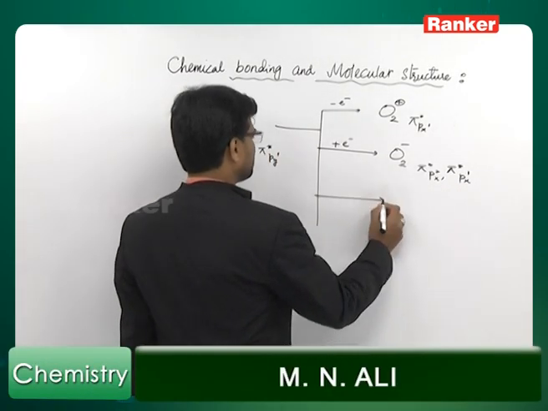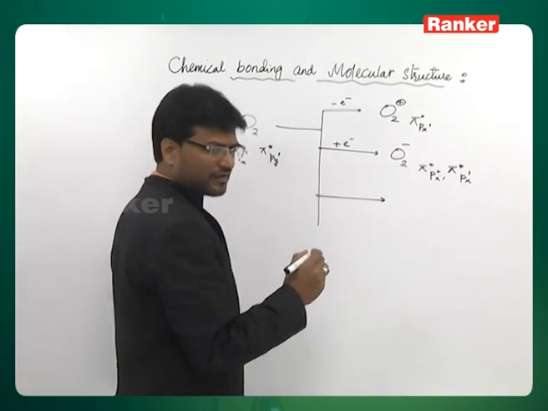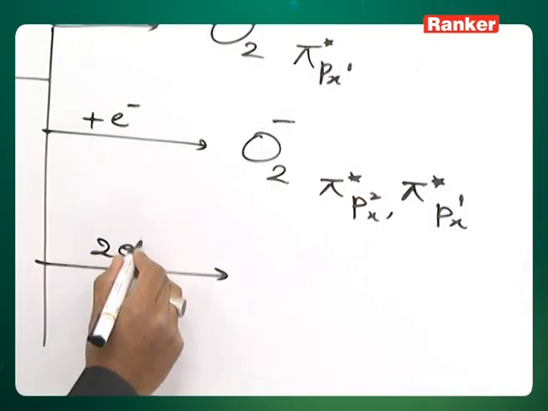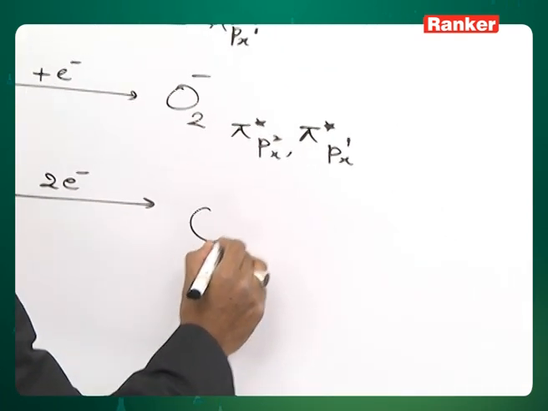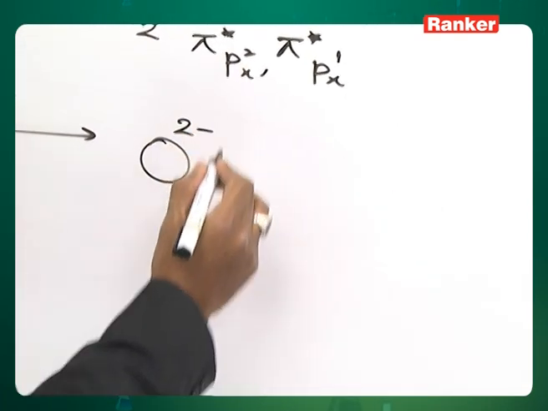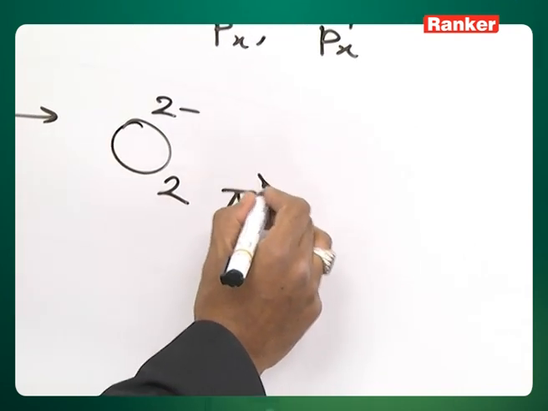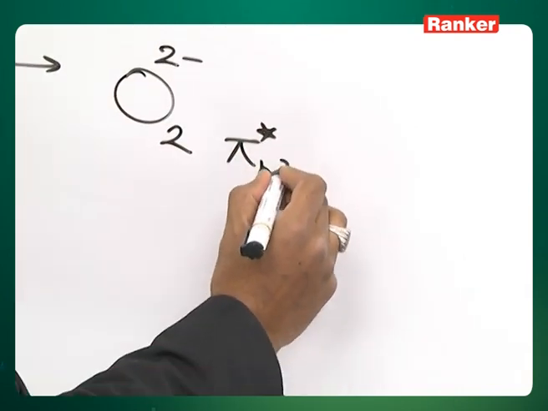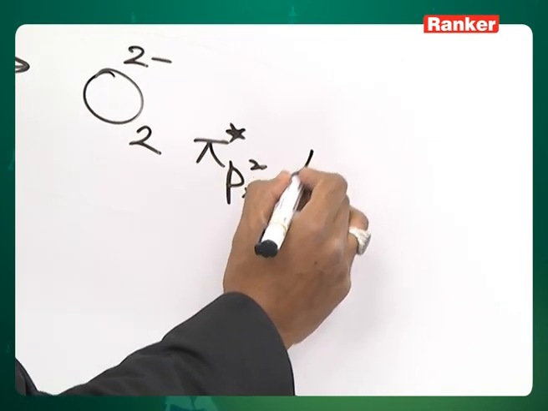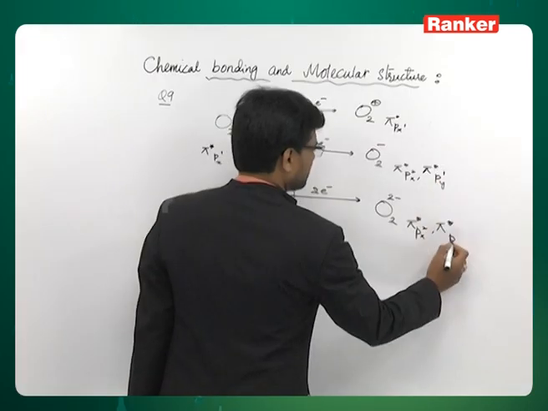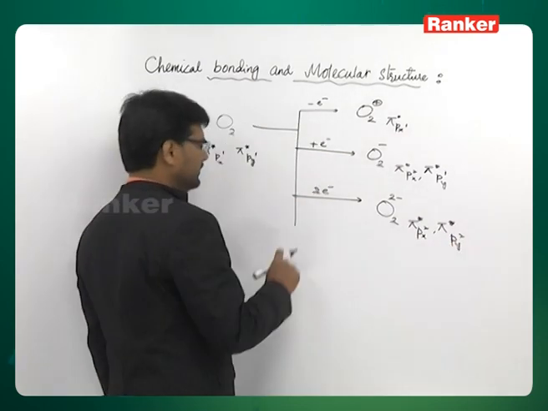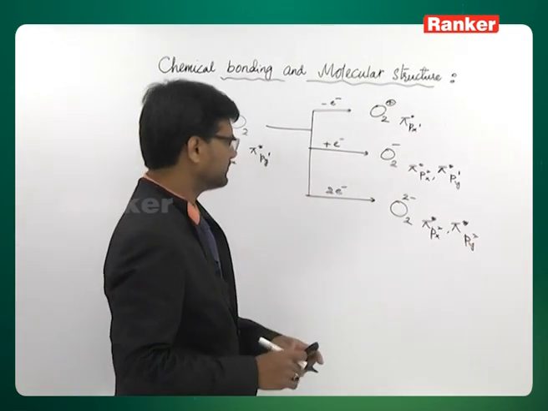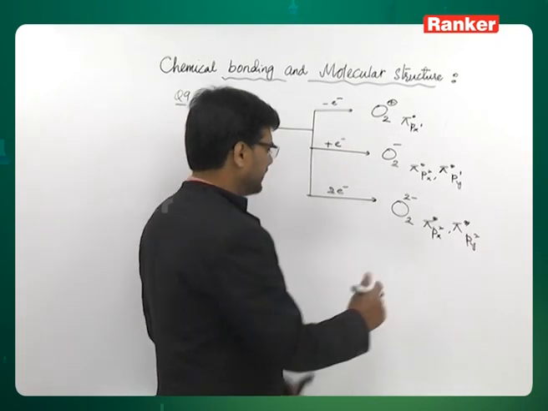Then you have gain of 2 electrons, it becomes O2 2 minus, and the configuration becomes pi star px2, pi star py2. Both the electrons will get paired up. So, this is diamagnetic,